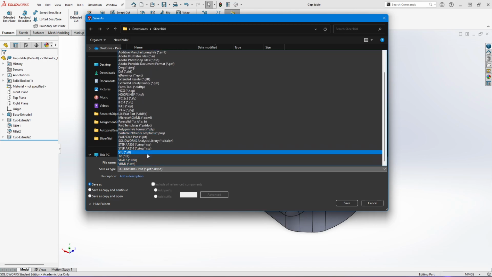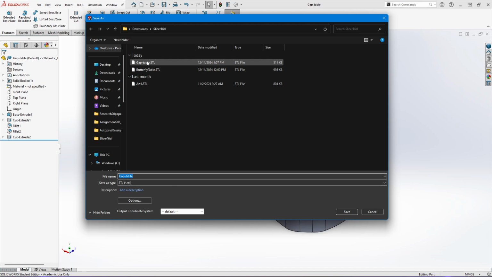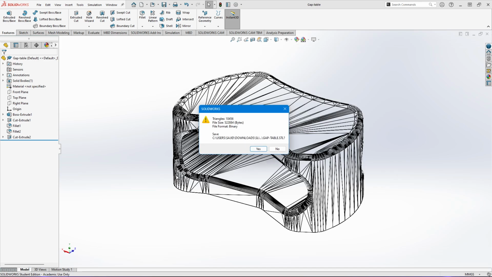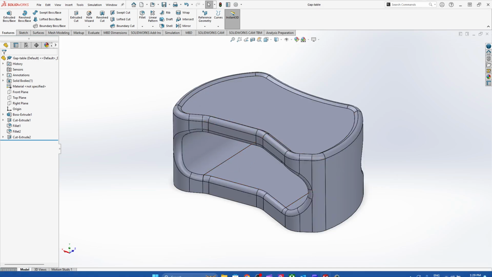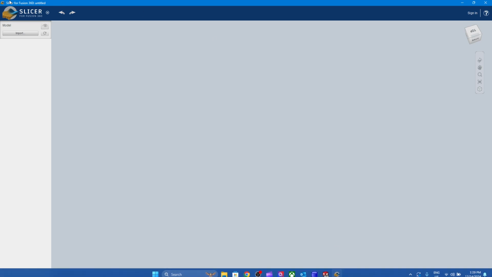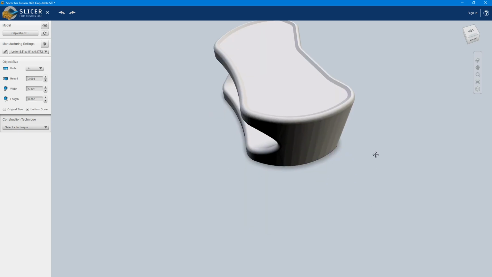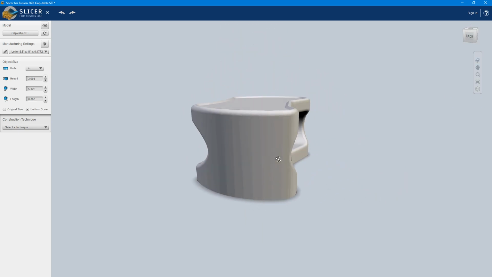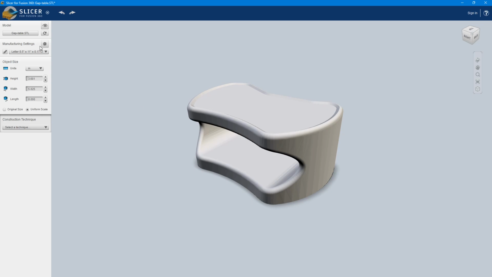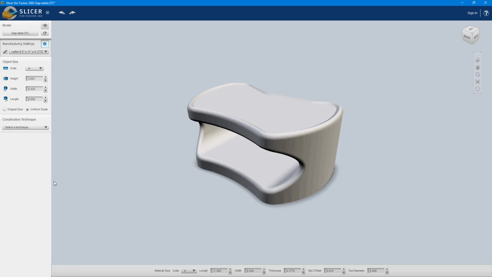So select STL, and then I'm going to call it gap table. It's a new name that I've come up with. So it's a gap table that I have saved. Now I want to go into Fusion software and import the gap table file, which is here. Okay, so once you have got this file, first thing first, you need to go on to settings, and let's